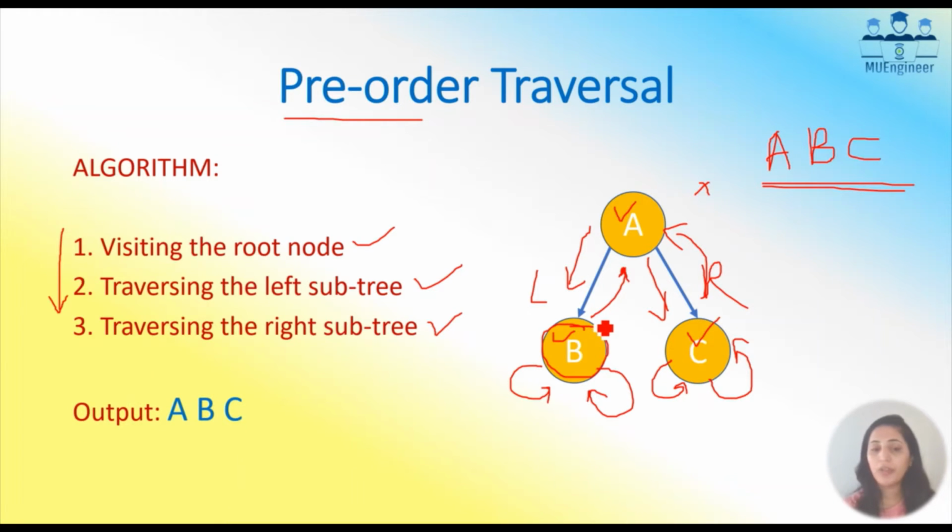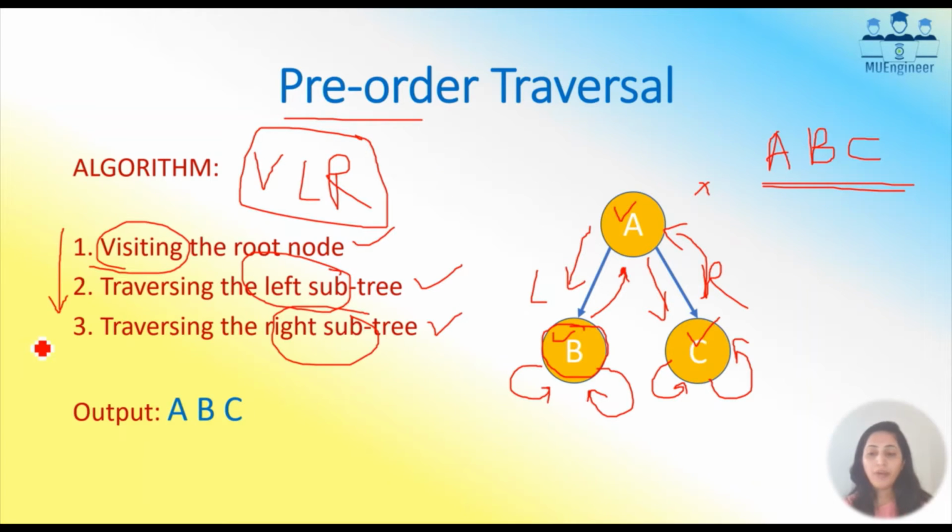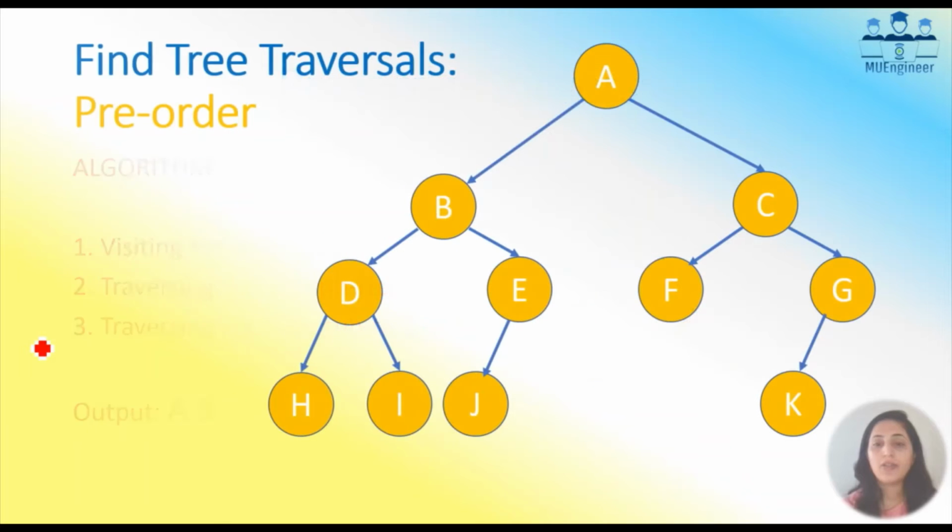As you can see, the output is A, B, C. That's why we call it, as you can see over here, V is visiting the root node, then go to the left subtree is L, and go to the right subtree is R. So the pre-order notation is VLR. If you have understood this, let's try to solve this particular example and find out the pre-order traversal for